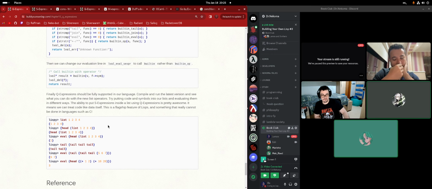You have a Q expression where we first don't have an element. Can you repeat? If eval gives us an S expression? No, it does, but it gives us an S expression within a Q expression, and that's actually part of the semantics of head. If you look at the final example, yes.